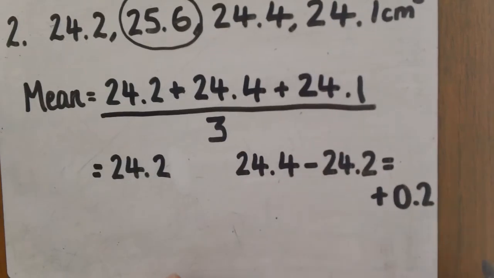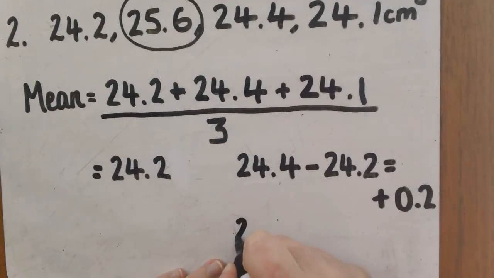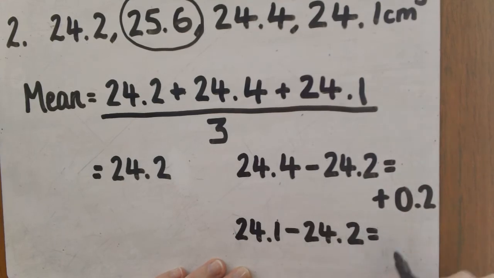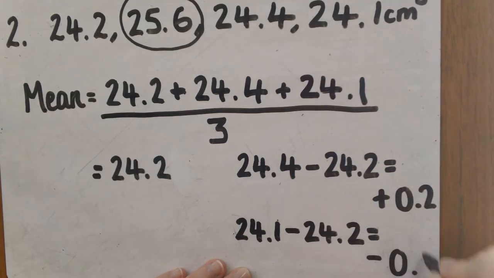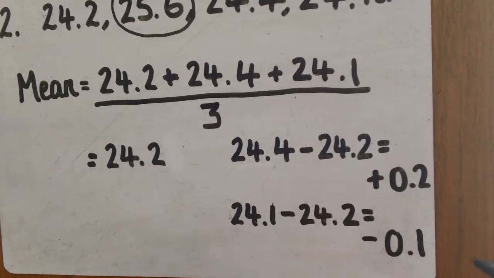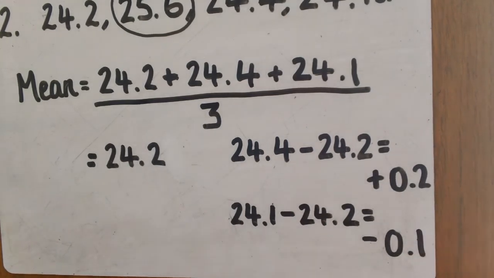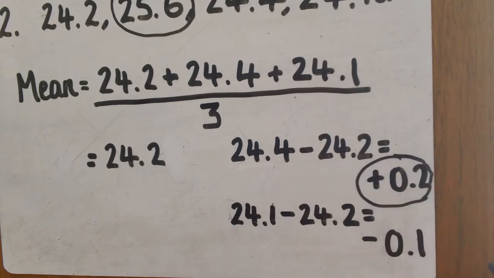And then I'm going to look at the bottom, the smallest number, which is 24.1, and I'm going to do 24.1 minus 24.2 gives me an answer of minus 0.1. Now I have different numbers this time, so I need to take the biggest number. So not looking at the signs, just the number that is bigger. So 0.1 or 0.2. 0.2 is the biggest number,